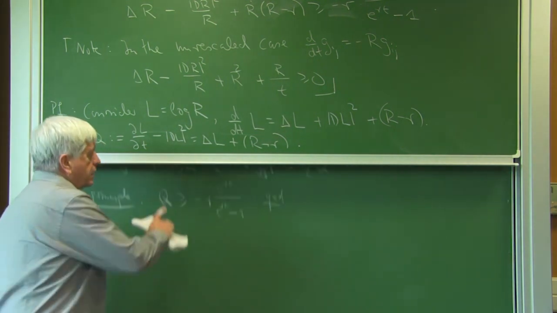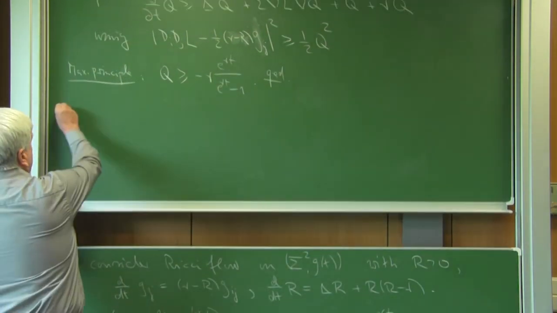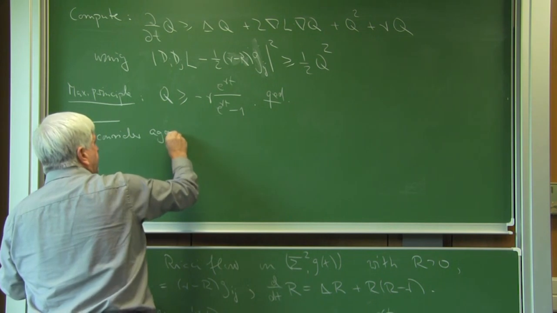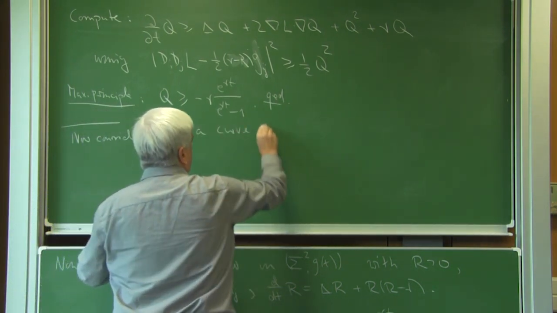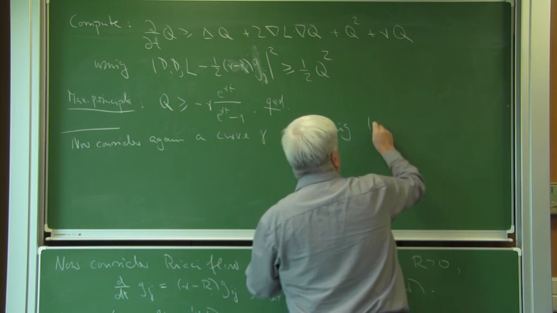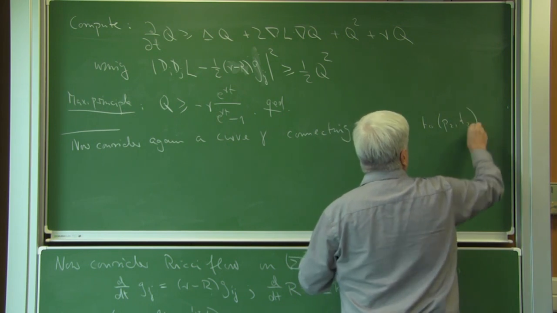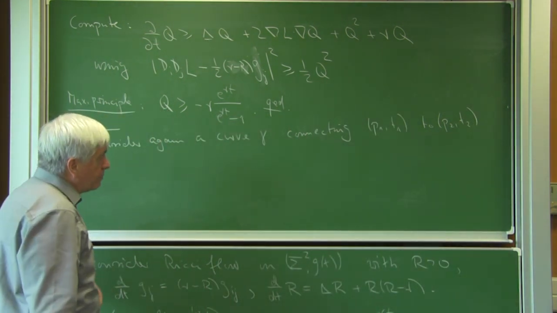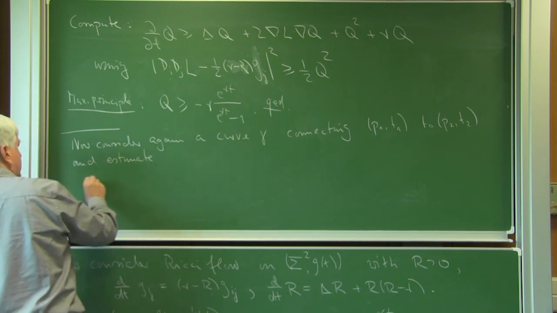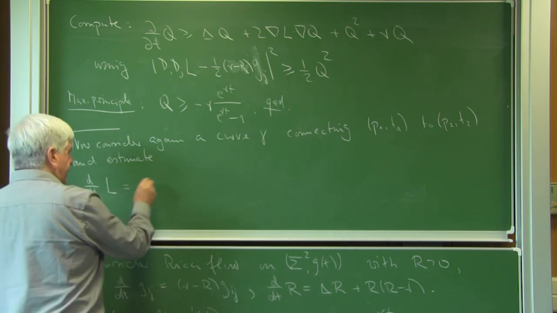Okay, so now consider again the curve gamma connecting P1, T1 to P2, T2 in space-time, and estimate d/dt of L,